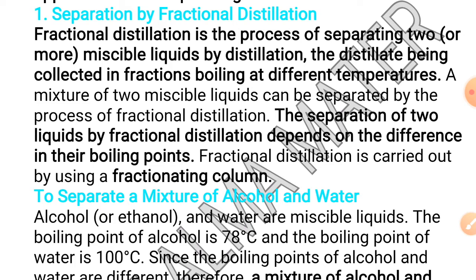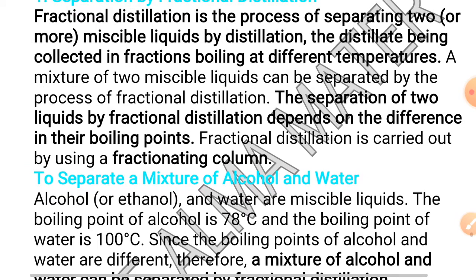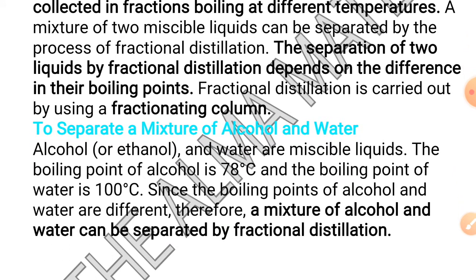When the boiling point of two or more liquid in a mixture do not differ much, simple distillation does not give complete separation. Okay, to have complete separation of liquid, a modified version of distillation technique is used, and this is the fractional distillation. Here in this method, the vapor from the boiling liquid mixture move up through the glass column packed with glass bead. Okay, now I will show you a diagram and we will find out how we can separate mixture of alcohol and water. Before that, we have to understand two things.